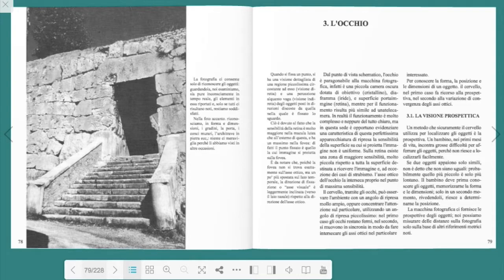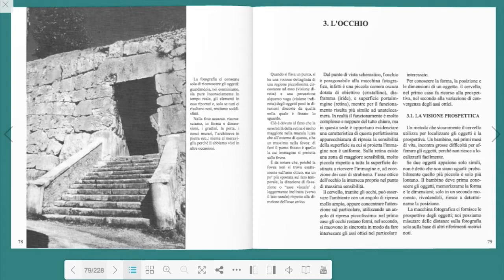The sensitivity of the surface on which the image is projected is not uniform. On the retina there is an area of greater sensitivity, very small compared to the entire surface destined to receive the image and, with the exception of cases of strabismus, the optical axis of the eye intersects